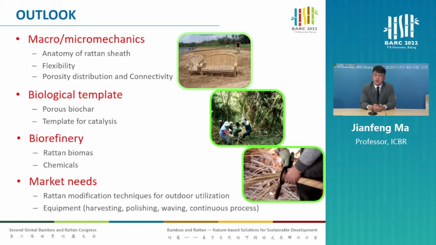In the future, we think there are still a lot of things to do for rattan research. We think the rattan sheaths are important, because their weight takes up more than 40% of the rattan weight. So the anatomy of the rattan sheaths is also quite an important area to investigate. The rattan displayed excellent flexibility compared to wood biomass and bamboo biomass. Thus, the origin of the flexibility of the rattan is also quite important